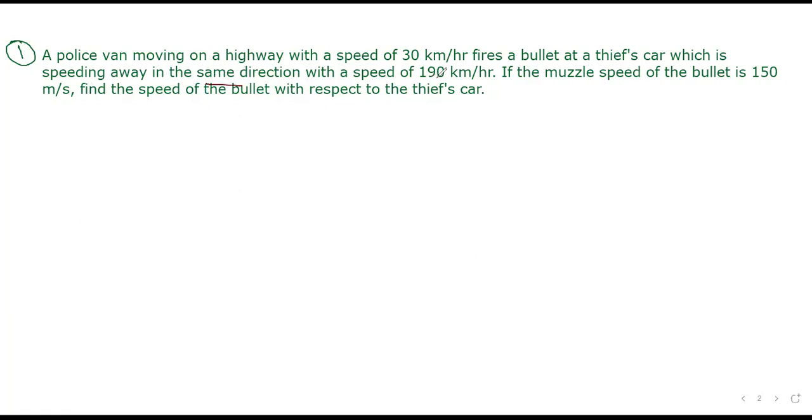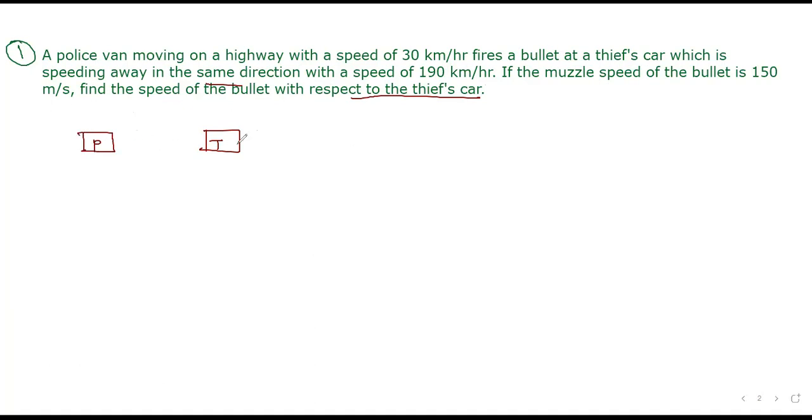Okay, yes, with a speed of what? 190 kilometer an hour. If the muzzle speed of the bullet is 150 meter per second, find the speed of the bullet with respect to the thief's car. Okay, so watch carefully. What is happening is this: there is a thief's car, and that's your police